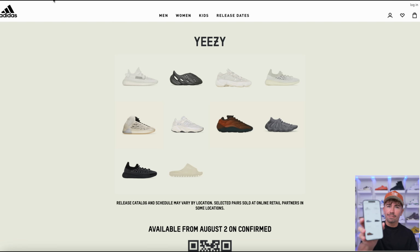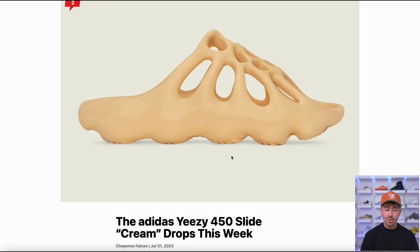And then the rest of those pairs, which are a little bit less hyped, like the 450s, the Quantums, the 700 V3s, those are all available to buy right now. And then of course, for you guys out in the US, you had the Yeezy 450 slides, which I believe were a lot more limited because they sold out instantly, and they are currently reselling for I think about double the retail price. The retail price, in my opinion, is already way higher than it should be at $110. Either way, guys, let me know your W's from this week down in the comment section, but let's hop into